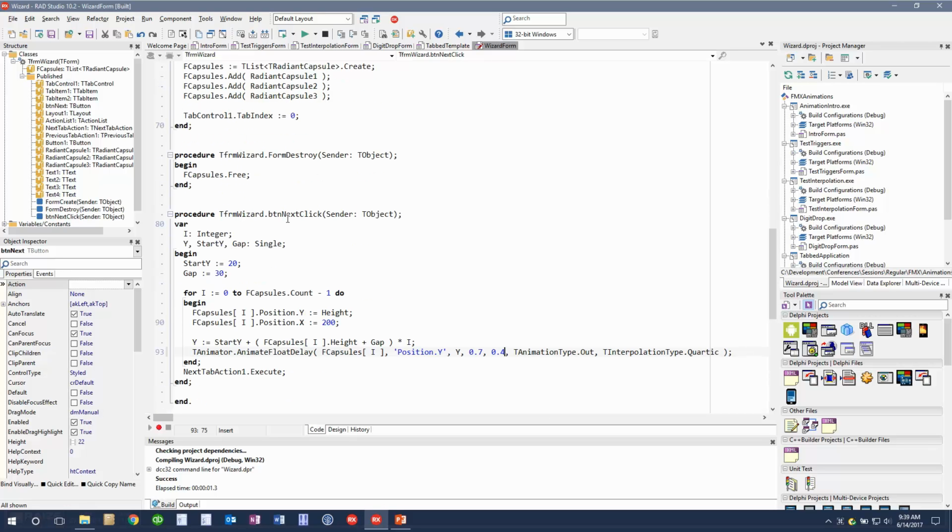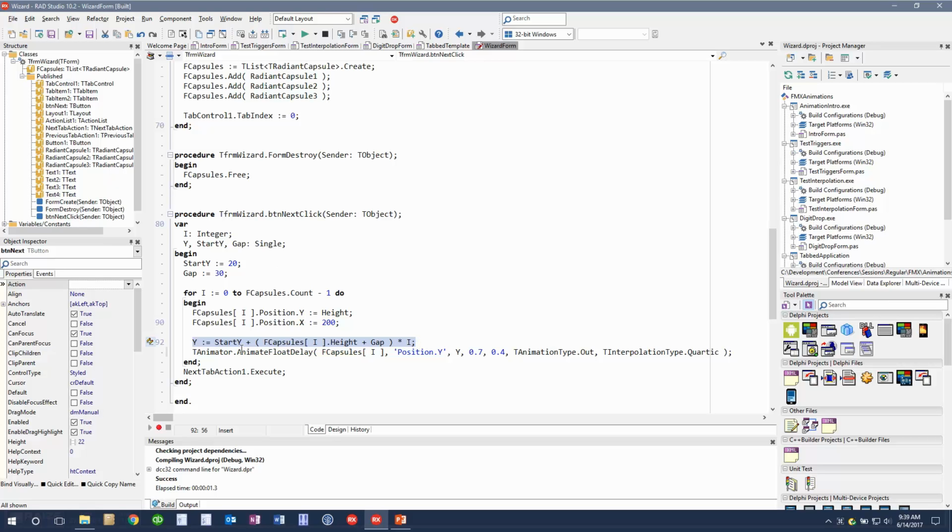And then when I click the next button, I position for each capsule where it needs to be at the start, which is below the screen, below the form, so it's out of view. And I put it at position X because it's roughly in the center of my display there. I set up a gap size for the spacing between each button, and I calculate for each capsule what is its ultimate Y position. So it's the offset plus the height and the gap multiplied by the factor of what